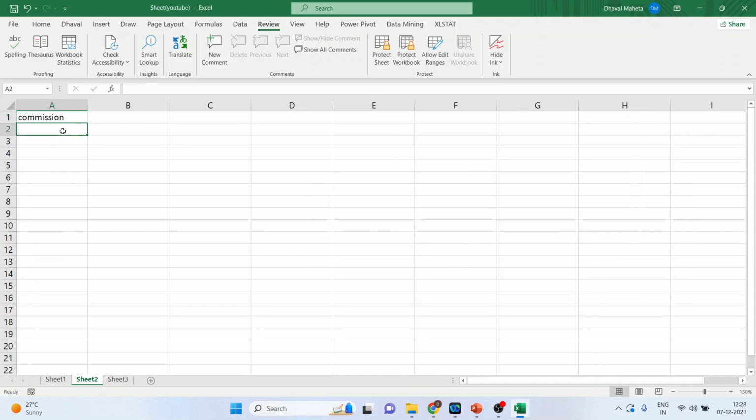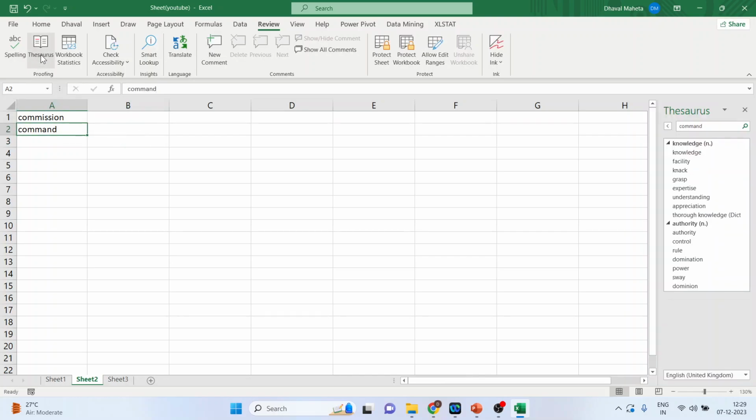Now we will write the next thing, which is, let's say, command. Right here, command. So the feature of spell check we already did. Now let's see what thesaurus can do for us. Click here, activate your thesaurus. So it gives me the alternatives for the word command,